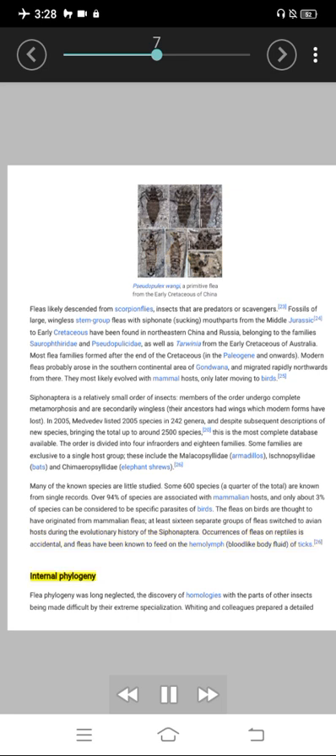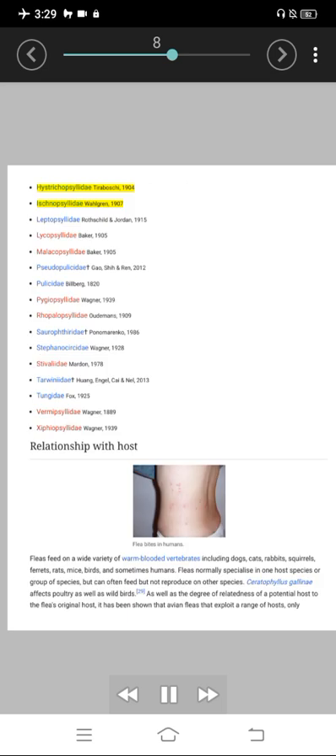Flea phylogeny was long neglected, the discovery of homologies with the parts of other insects being made difficult by their extreme specialization. Whiting and colleagues prepared a detailed